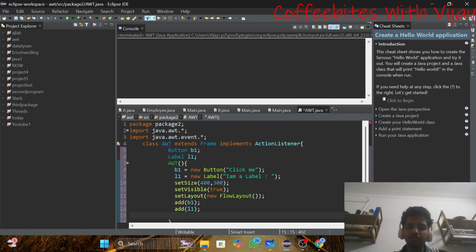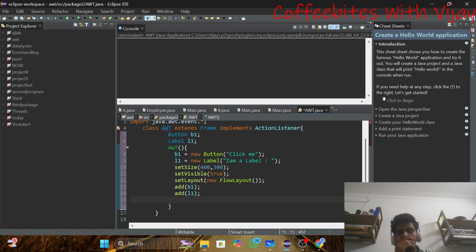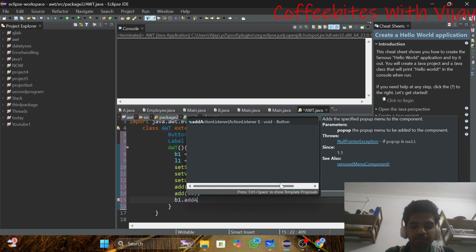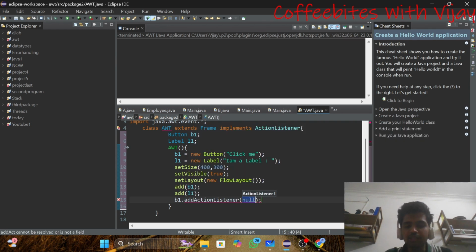After adding the components to the container, I will register this button. Since I have not registered it yet, I will write button dot add action listener, and here I will pass the current object, that is this. This refers to the current object, that is the frame.